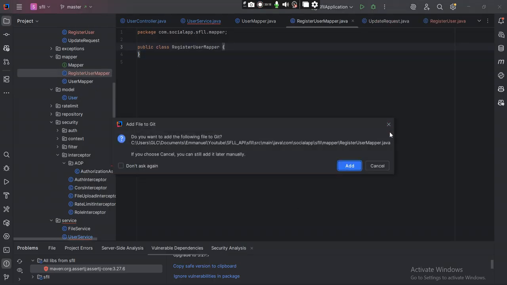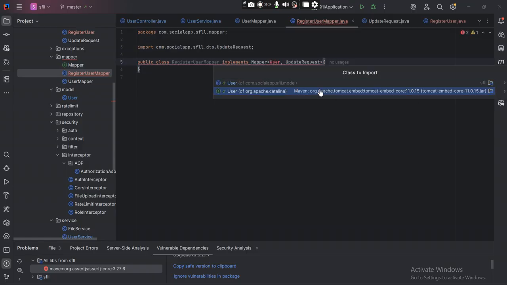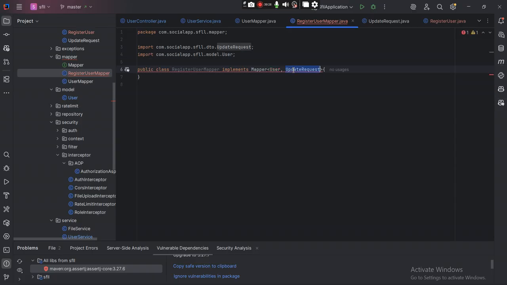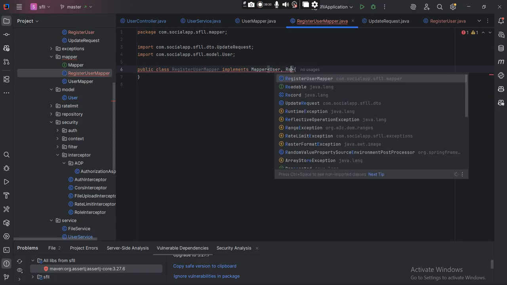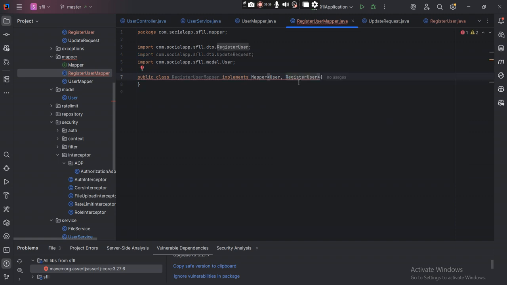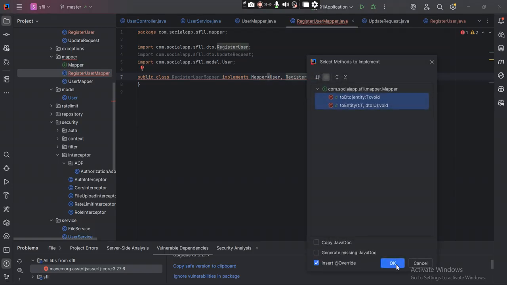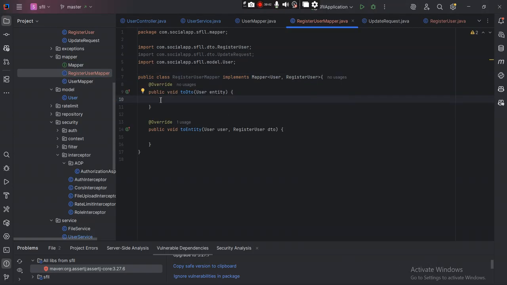again, this is just boilerplate code a lot, and this will implement mapper, which is going to get update user. So user, and this is going to get register user, right? And this is going to implement the methods, which is going to be toDTO and toEntity. And what this is going to do is just going to build our